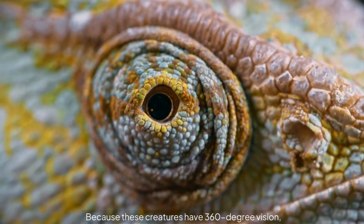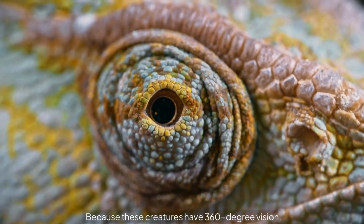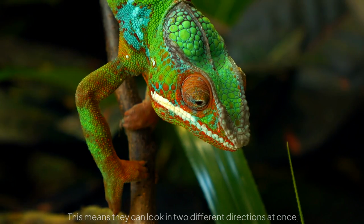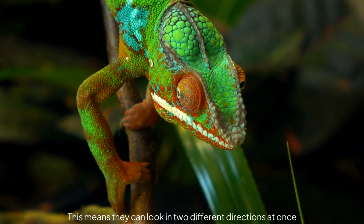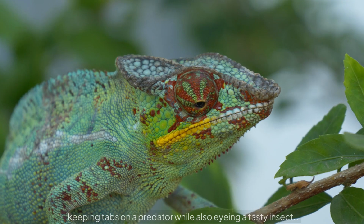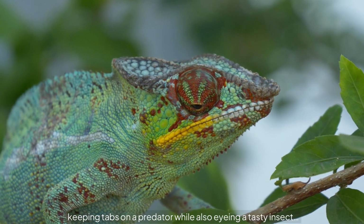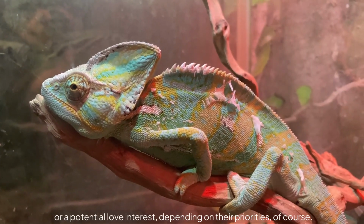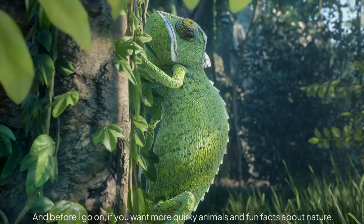Because these creatures have 360-degree vision, thanks to their unique eye structure, they can move each eye independently. This means they can look in 2 different directions at once, keeping tabs on a predator while also eyeing a tasty insect, or a potential love interest depending on their priorities, of course. And before I go on,